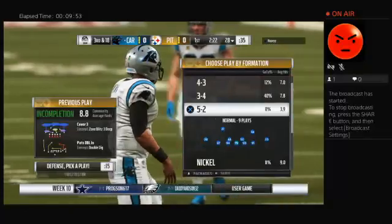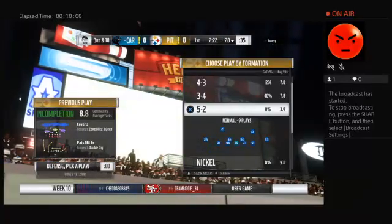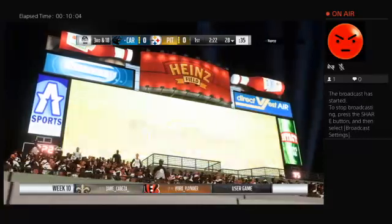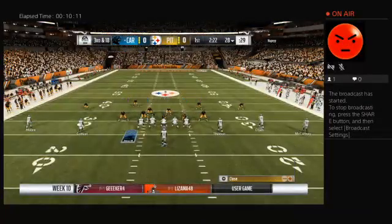So much of this game is about leverage. We always talk about low man wins in the trenches. Well, it's like that in just about every position. And sometimes, if you lose that leverage and you're losing the battle, just jump up at the line of scrimmage and try and bat the ball away. And that's exactly what happened there. An incomplete pass on that last play, and that means they'll need to come up with something here on 3rd